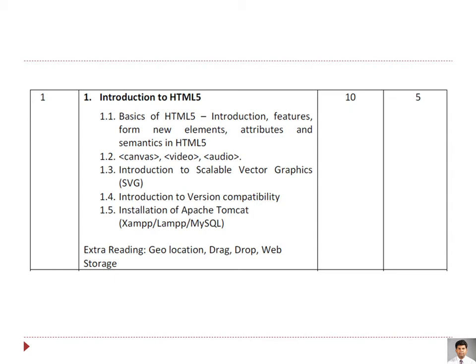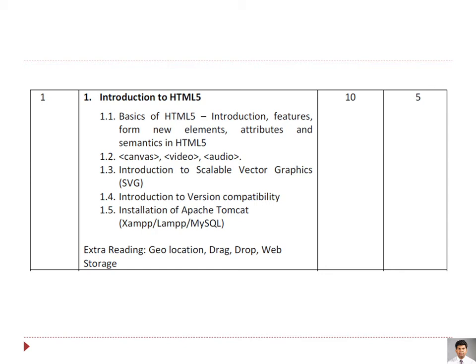I am expecting that you should create a separate 200 pages notebook for writing HTML5 assignments, a theory assignment book where you will be writing different assignments. The notes will be shared on the portal which I have already shared, that is on Moodle, ibmri.gnomio.org. That will be shared as and when required with the username and password. So you have to be familiar with what is actually going on.